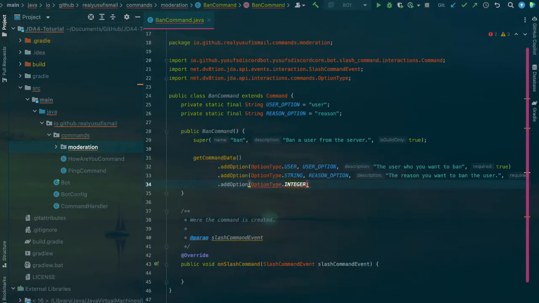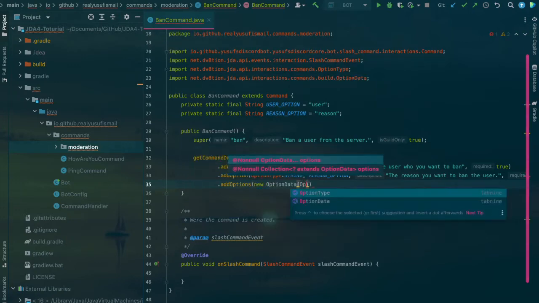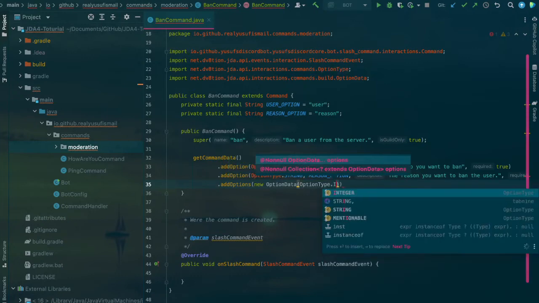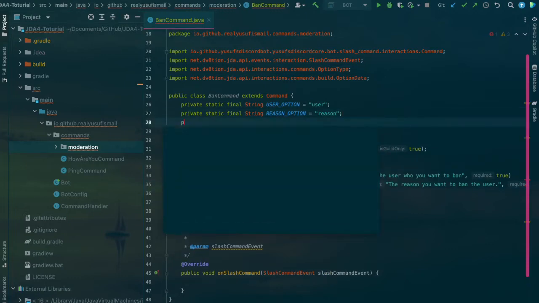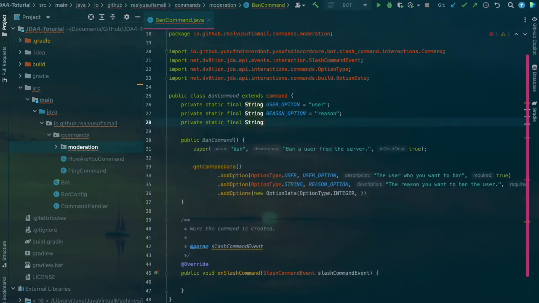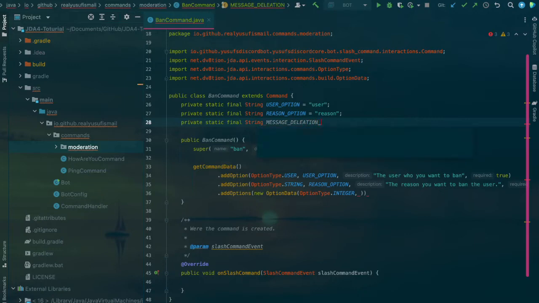So we're going to do this as a choice option, so we can add choices. So this is going to be new OptionData, OptionType.INTEGER. Then for the name, we're going to create another variable. This one's going to be called static message deletion option. This one is going to be